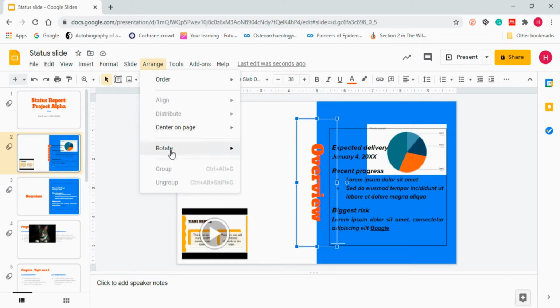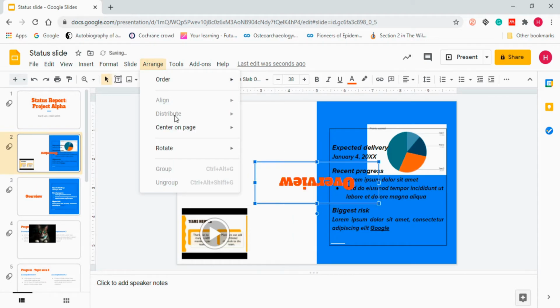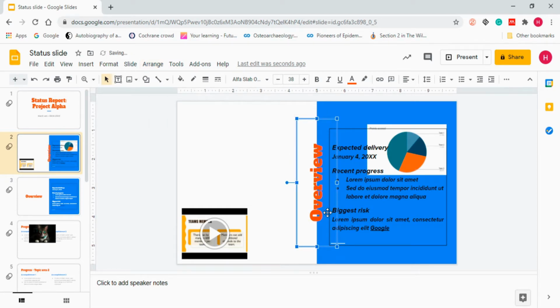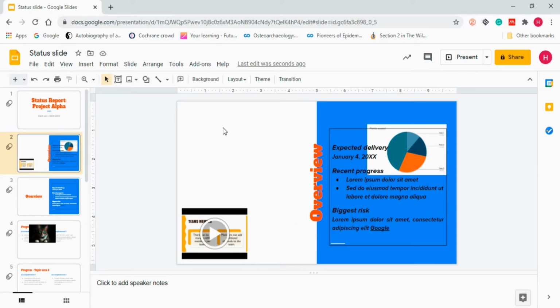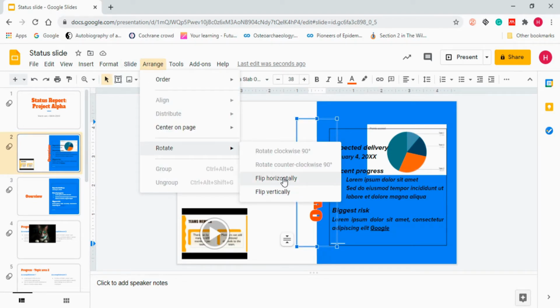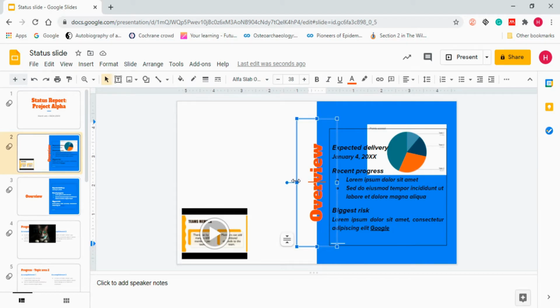For doing that, you will go to rotation, rotate 90 more, and one more. I want rotation 90 degrees. Now you will see it is correctly in the center and it is enhancing my slide. If you want to go back to the earlier position, you can rotate, flip horizontally, flip vertically. You can do all these things if you want. Apart from that, if you want to rotate it from here, you can also do that as per your desire.